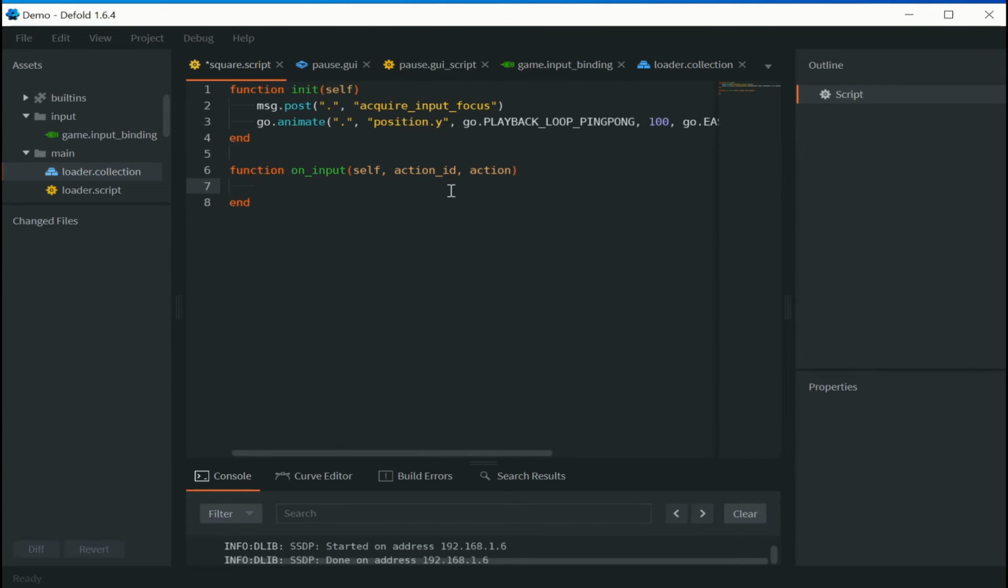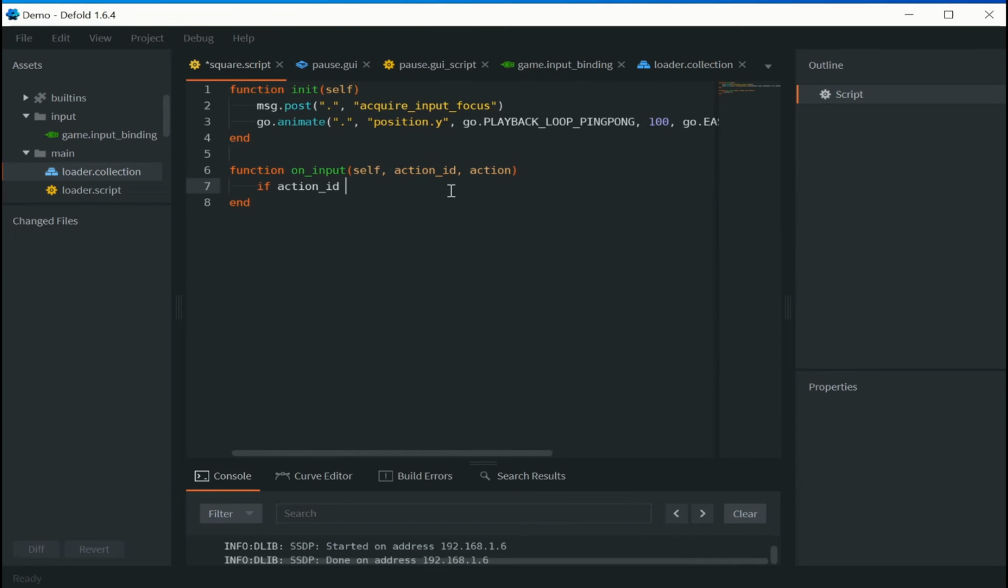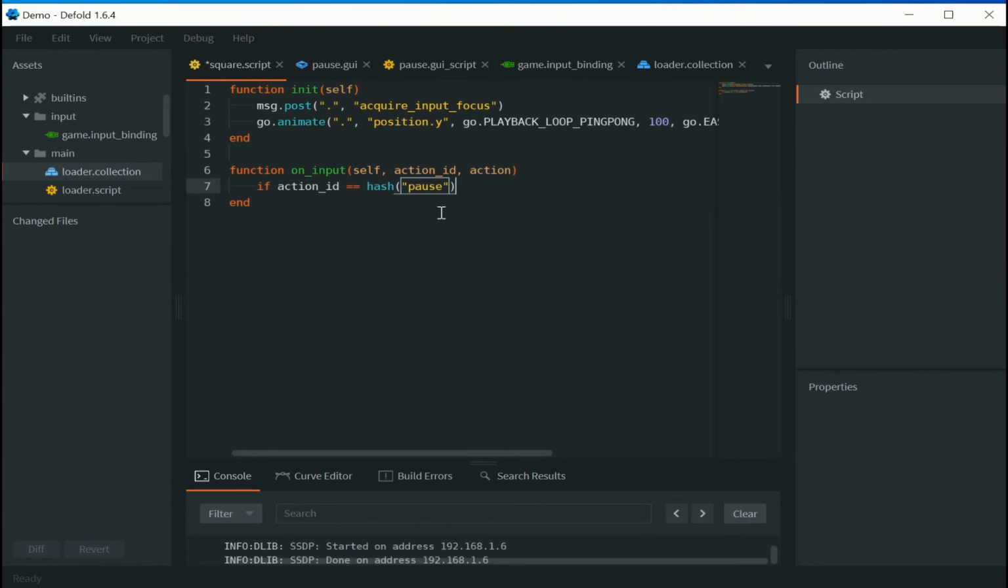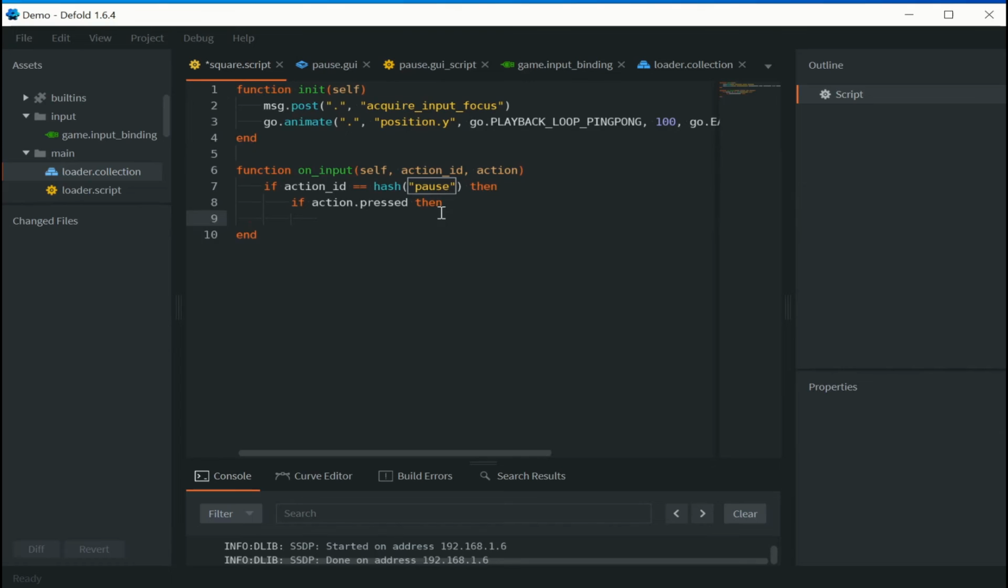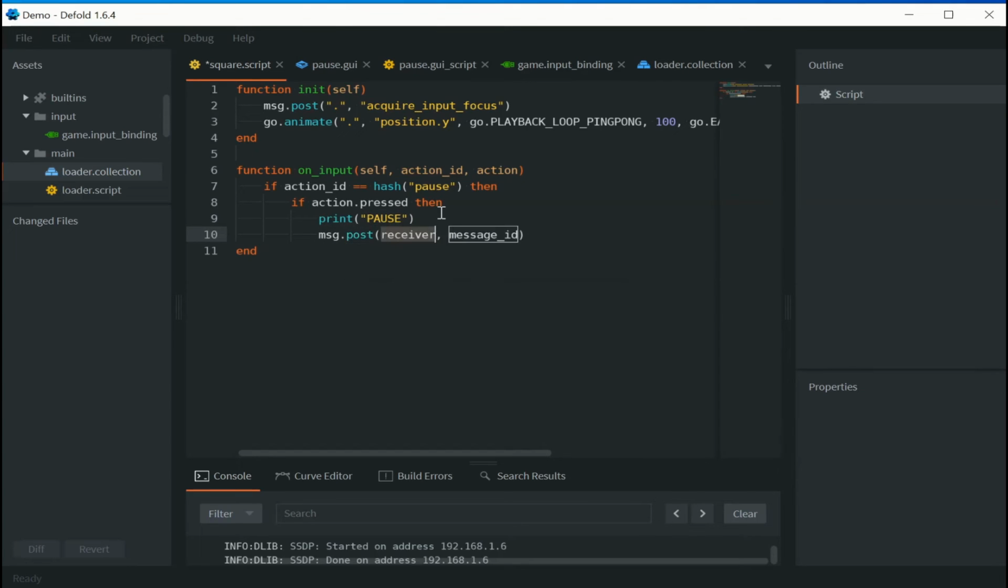So we're going to do if action ID equals, and then we're going to call it pause, because that's what we named it here, pause. So the action pause will take the input of spacebar. So we're looking for pause. Then if action.pressed, then we'll print in the console pause, and then we're going to send that message with the